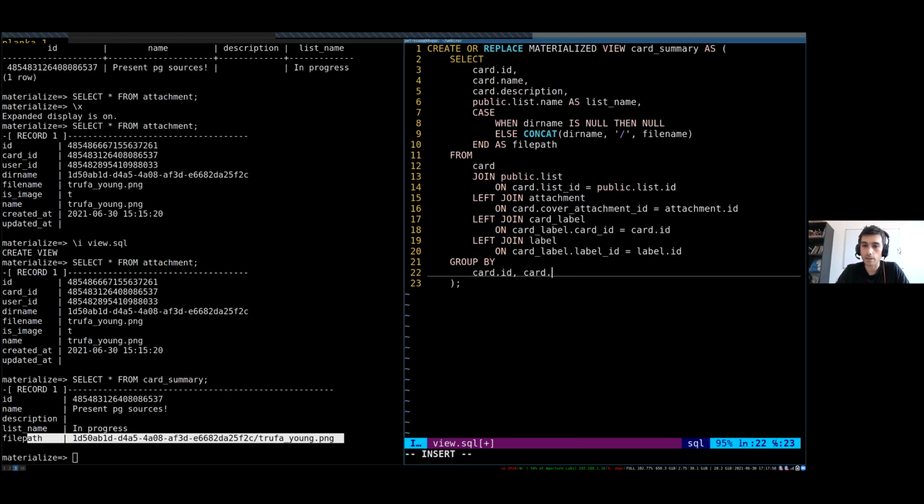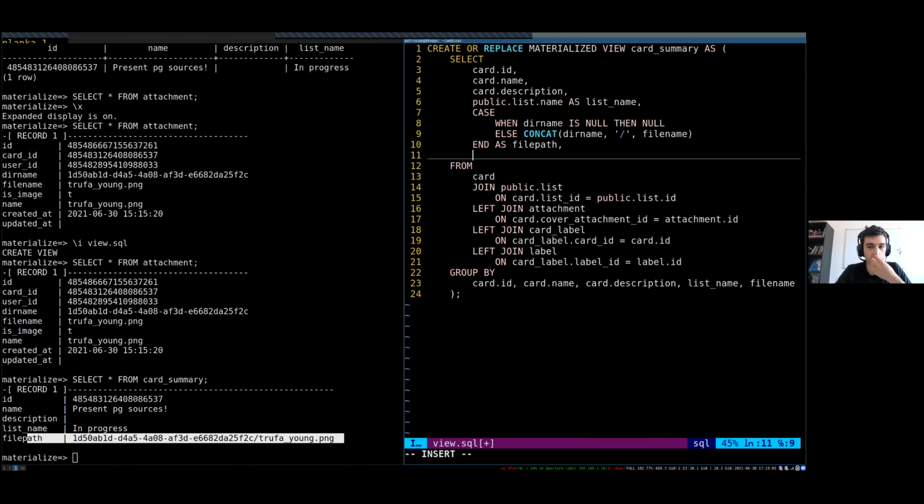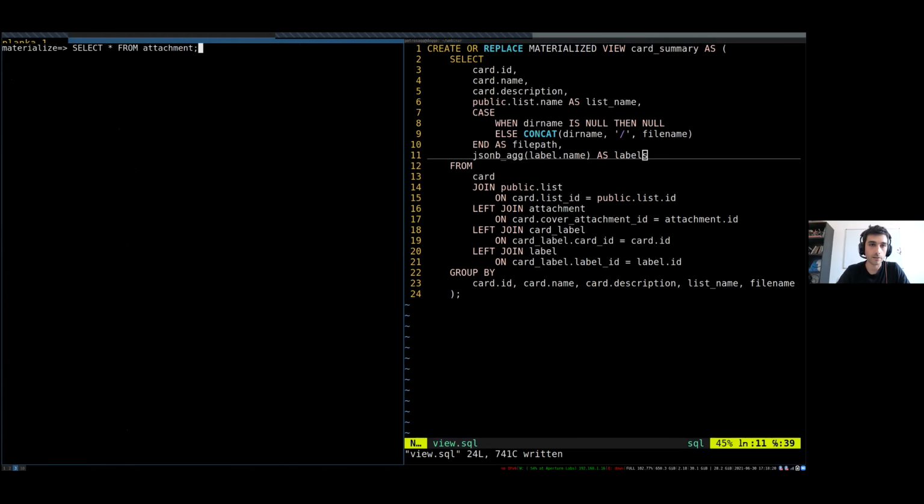So I'm just going to group by everything we have so far. So we have the card ID, the name, the description, the list name, and the file name. So this is what I want to group by. And for the labels, I'm just going to present them all as a JSONB aggregation, which is going to put them in a nice array for us. So let's just say the JSONB aggregation of label name as labels. And if we update the view